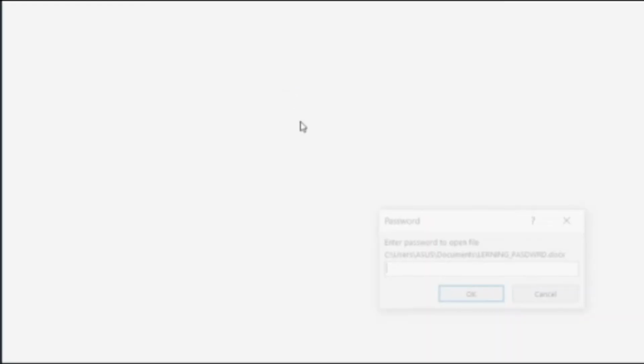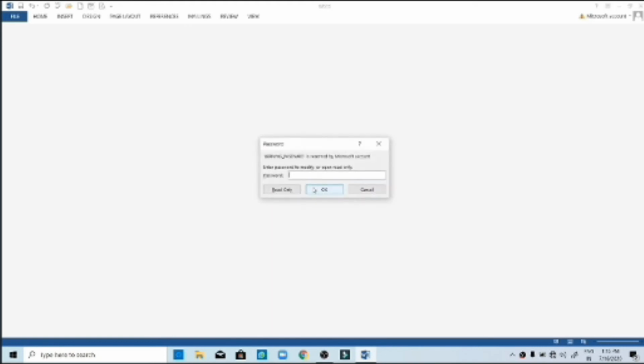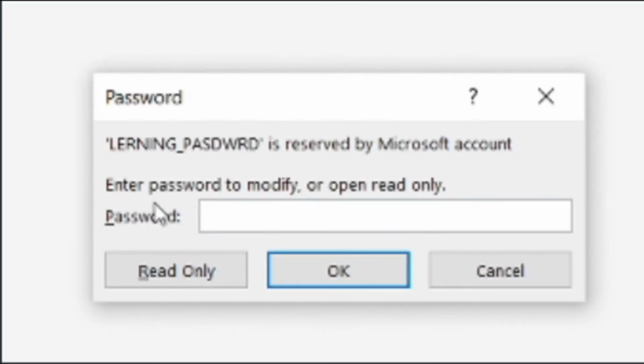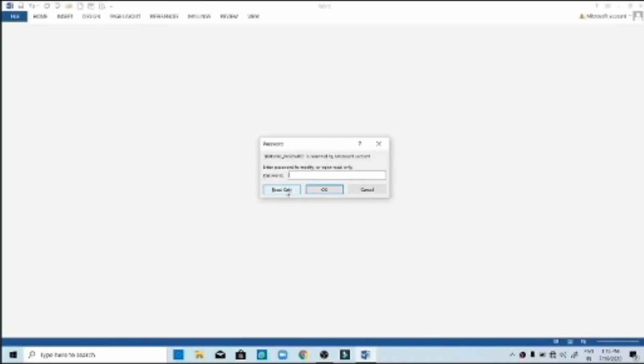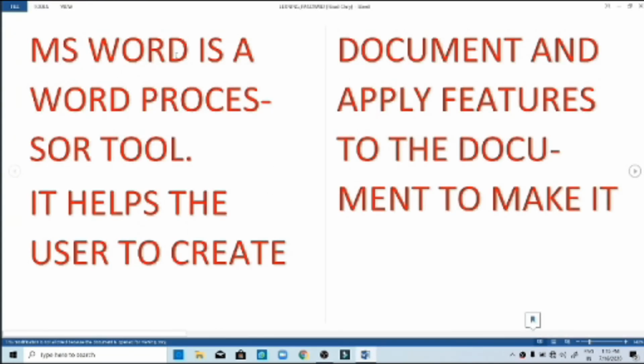So again I will click on the same file. This time I will enter the password that I have set. Now it will match. Two passwords I have set, one for opening the file and the other to modify the file. If I ignore that, you must have seen one option, read only. This time I have not put a password to modify, that means I just want to see, and I have enabled the read only option. The file will appear on my screen.